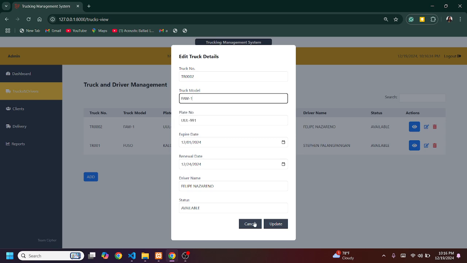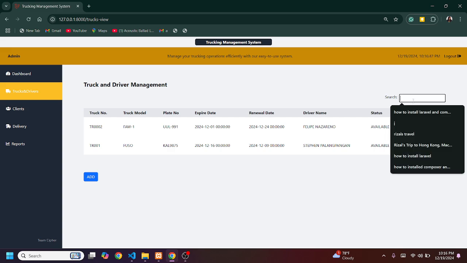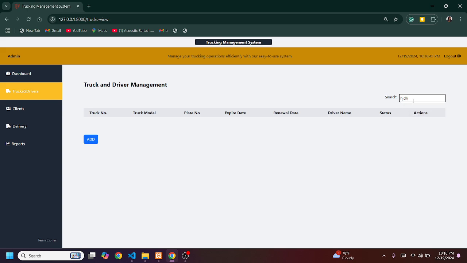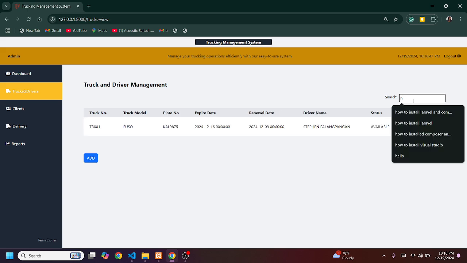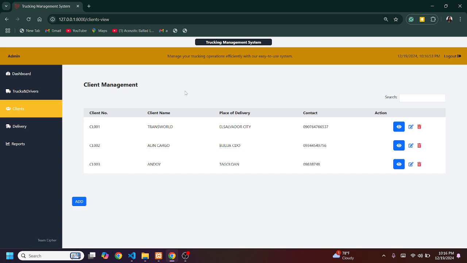You can update it. And then we also have the delete functionality for you to delete the details if you want to. And then also we have the search functionality, where you can search the truck and driver information you want to look for. And then next is we have the client management.